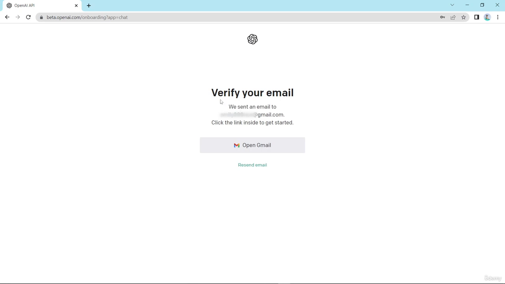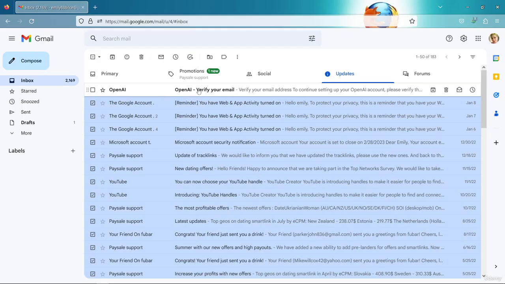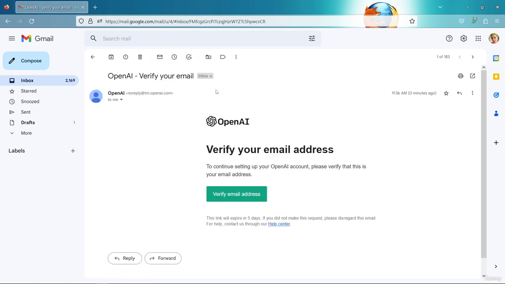Look at this, verify your email. We sent an email to your email address, this email, right? So you need to check this email. This email comes from openai.com for verification, right? So now click this email and